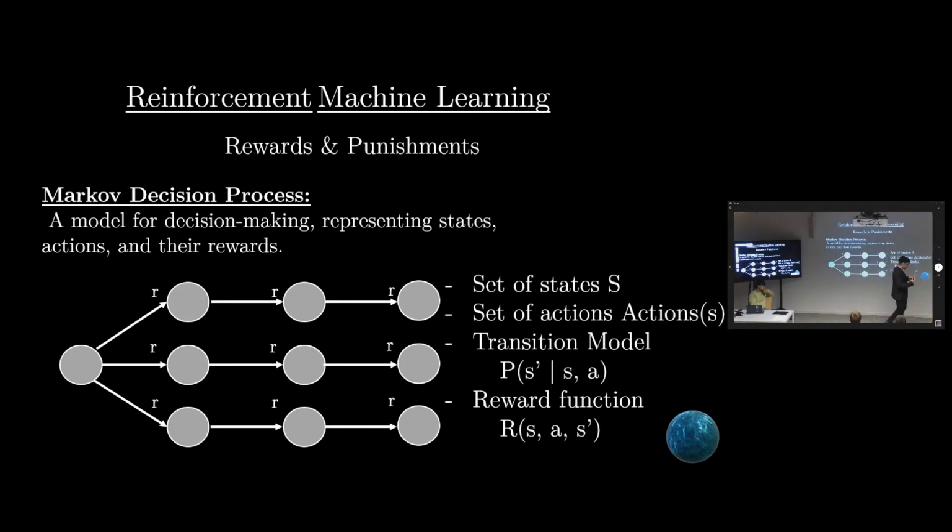So, to start doing reinforcement machine learning, we need some properties, some data. We need a set of states S. So, we need all the states that our program could take. We need a set of actions of S. So given a state S, what can I do with this state? Then we need a transition model. What's the probability of the next state given the current state and the action that I take? And the reward function. What's the reward I'm going to get while being in this state if I take this action and I land in the other state?